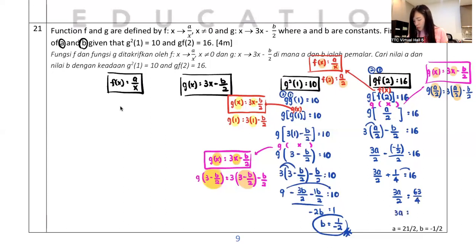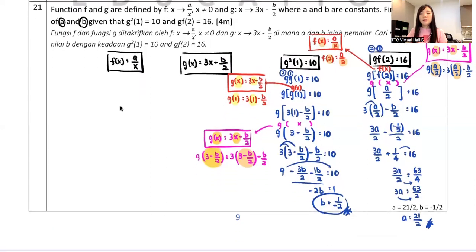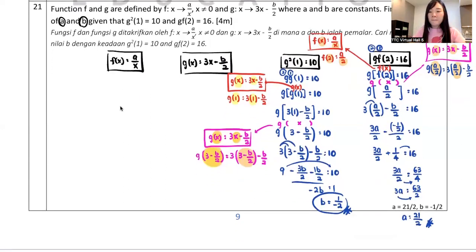So divide by 2, move it up, times 2. I get 63 over 2. Then the A answer, times 3, move it over, divide by 3. At the end, I'm getting the answer, 21 over 2. Done. The rest, I feel like I'm just doing mathematics, so my speed goes slightly faster, but I think